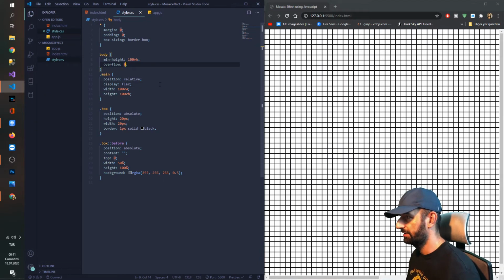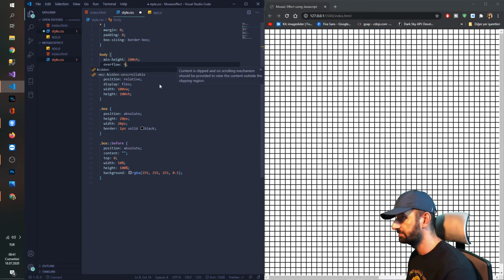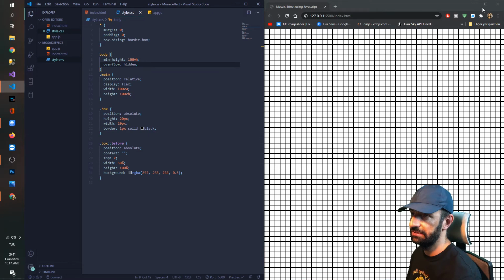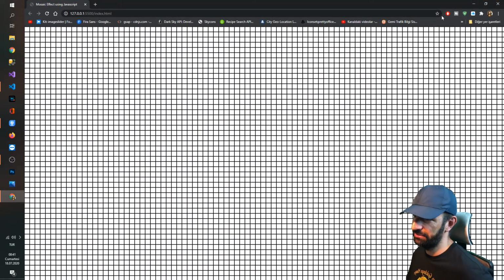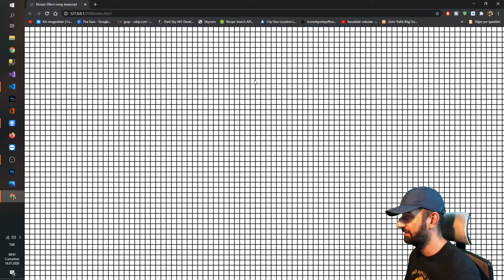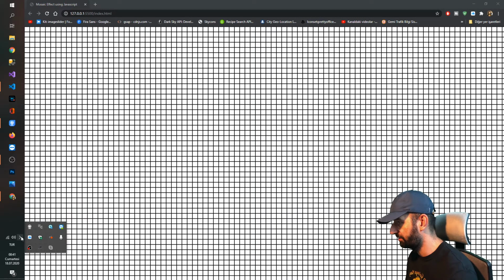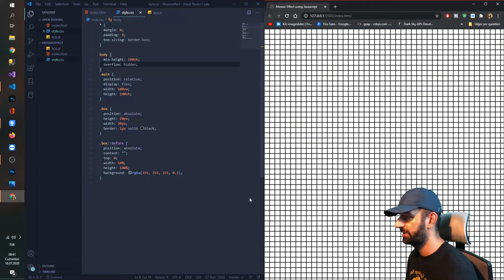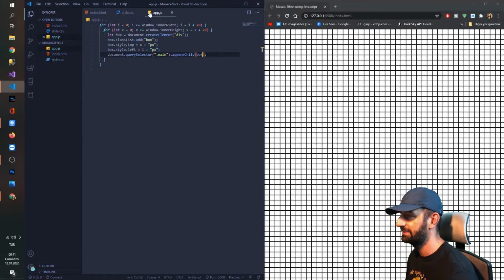Overflow hidden. Yeah, hidden. That's perfect. As soon as I open, you see now that I've inserted every single box inside my HTML file. Let me see if we are recording. Okay, we are good. Oh my god, my eyes. And now,